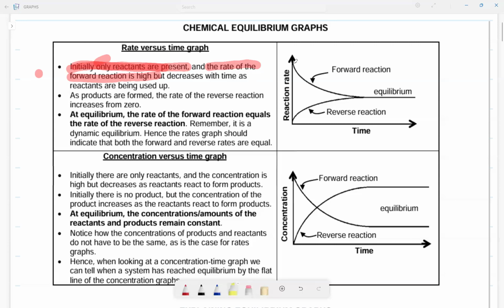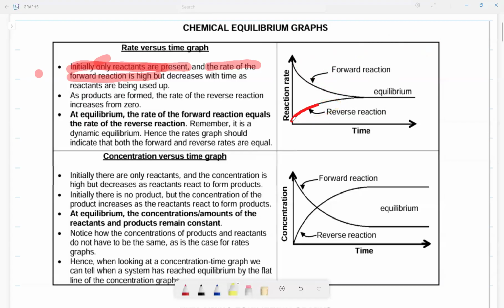For the forward reaction here, as it starts, the rate is greater. Can you see that the rate is greater? But as time goes on, it decreases. Why? Because there is a decrease in the content of the reactants. Now, as time goes on, the reverse reaction will start to increase, because we now have products. Remember, this occurs in a reversible reaction in a closed system. In a reversible reaction, the products after being formed will try to go back to being reactants. So as the rate of one decreases, the rate of the other increases,